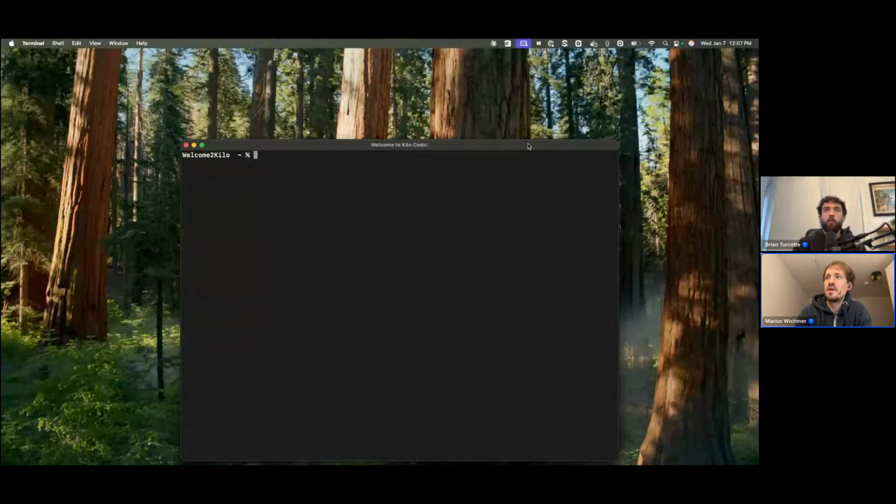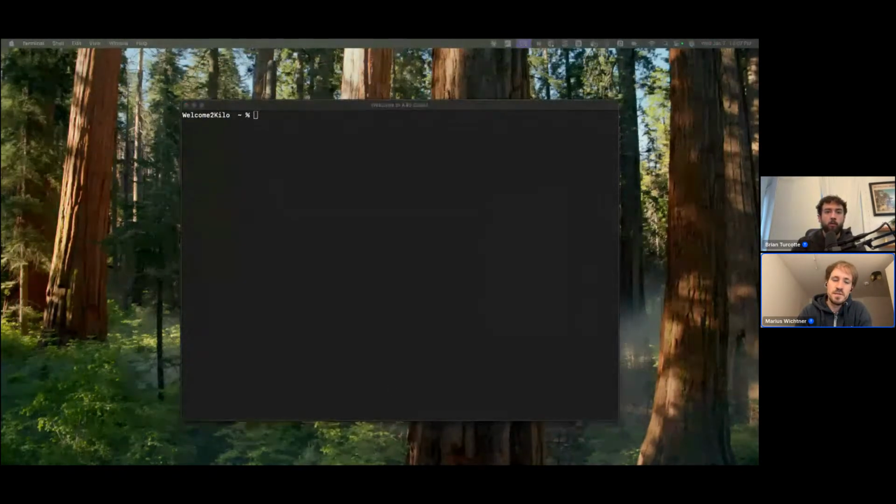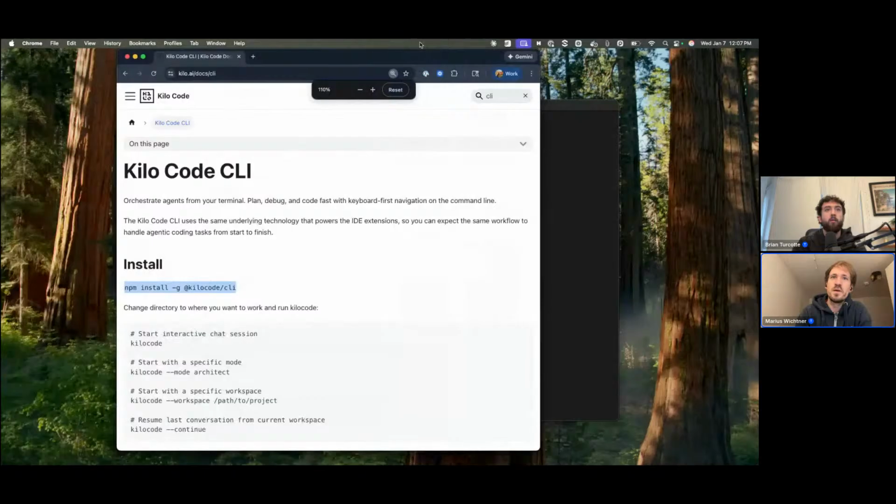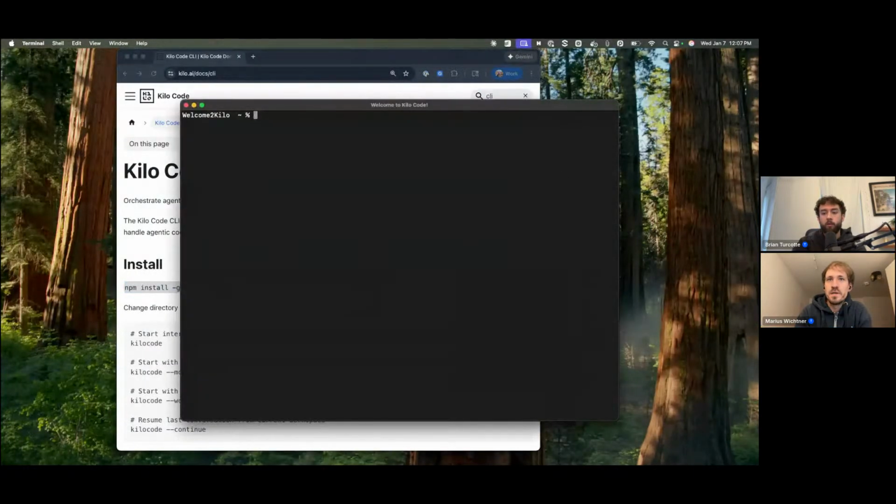You can go to our doc site, and on the doc site, you'll see how to install Kilo code in the CLI. In there, you can just run npm install globally. And then in the docs, you should find everything. Maybe we can even paste it into the chat. From there, the only thing you've got to do is open the terminal and then just paste it. First installation. This will also update it, right? If someone's already installed. Sure.